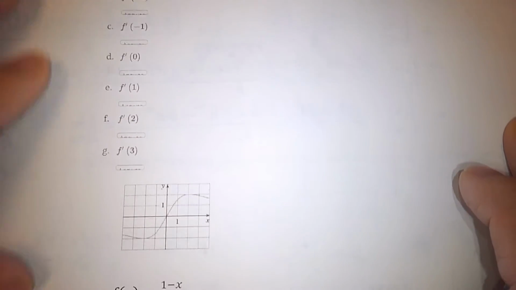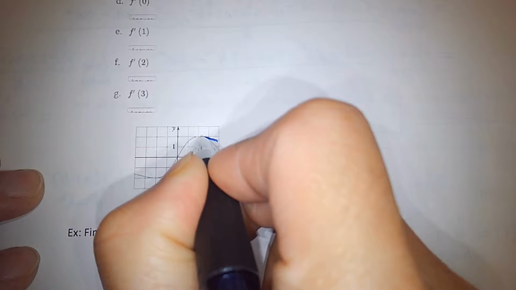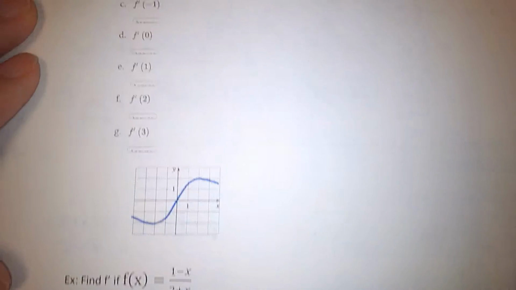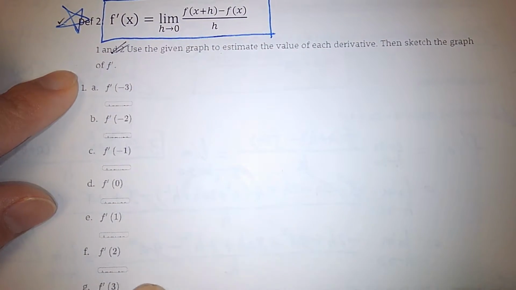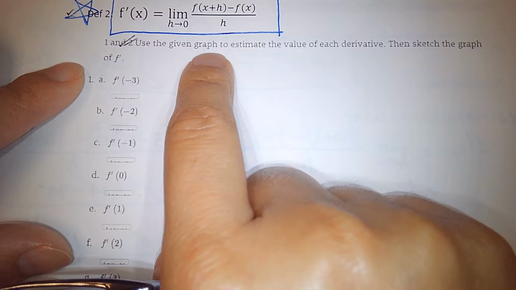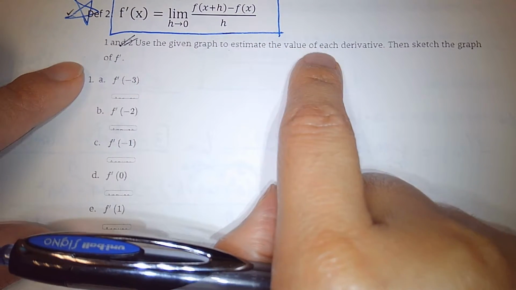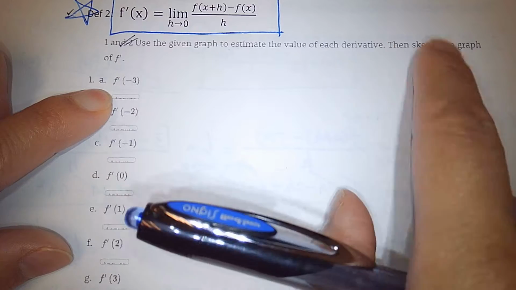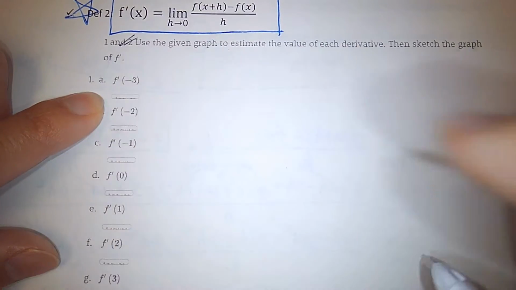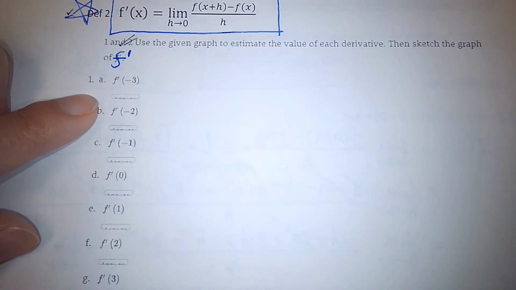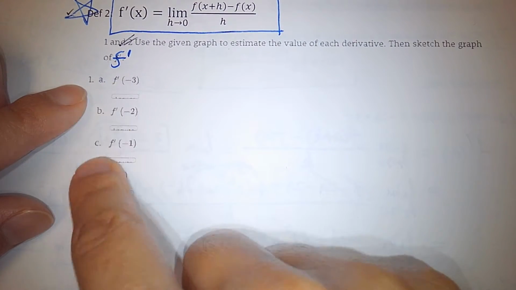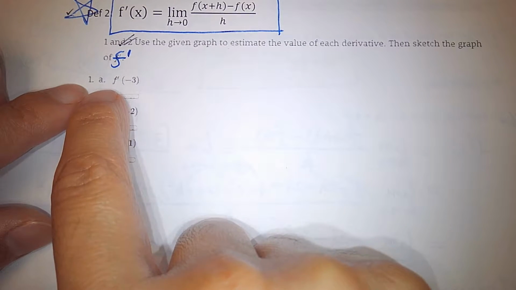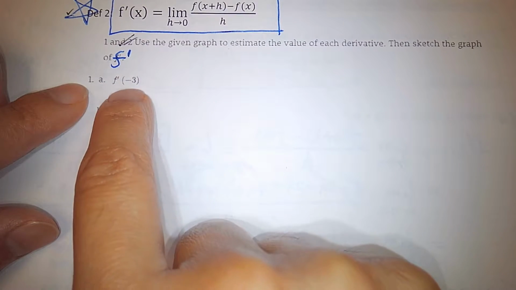Okay, this question is here. I hope you guys can see that. This question is asking us, from a given graph, to estimate the values of each of these derivatives, then sketch the graph of f prime. f prime is the derivative of f. So let's try to answer this question first: how to find the value of f prime of -3